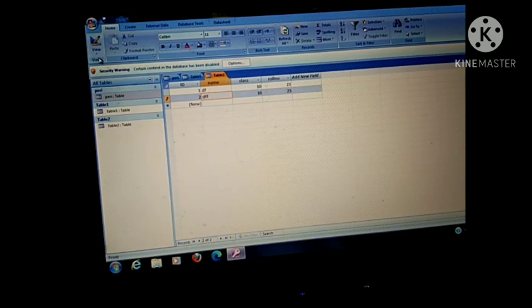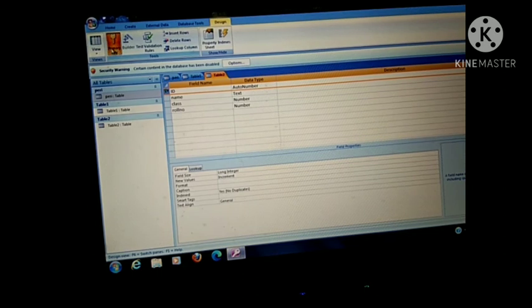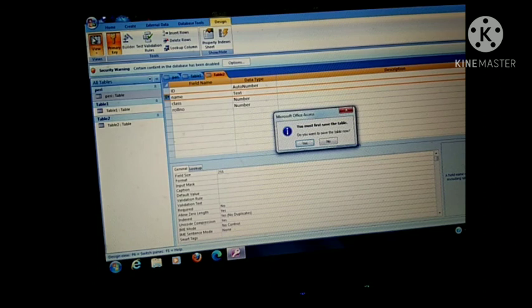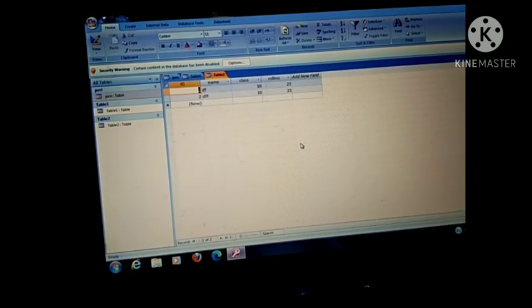So first I have opened my table in design view, and when I open design view, here is the primary key option. Now in place of ID I am selecting name as primary key and then I am clicking on this primary key option, and now I am saving this. Okay, now I am clicking on view. First you have to save the table. Okay, now this time it will take it as primary key, meaning name is a primary key field.